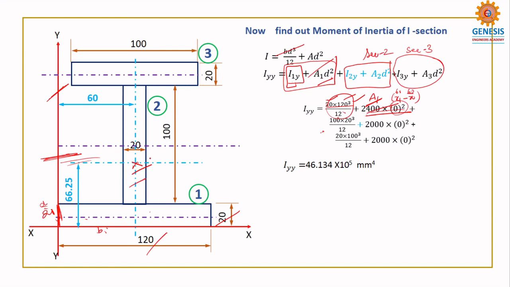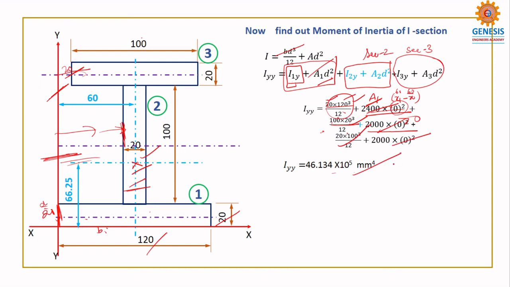Okay, next the B section. I am coming like this. The dimension is 100. Here I am touching 100, and the other dimension is cubed, that is 20 cube by 12. This also has the same concept, so this also comes to 0. Next one, I am coming like this, so it is 20 into 100 cube. Okay, so I got this one. On simplifying, I got like this.